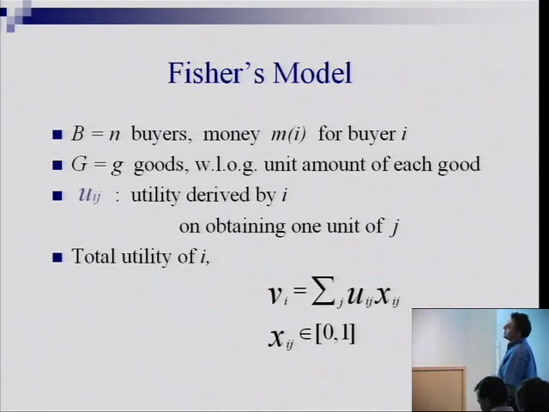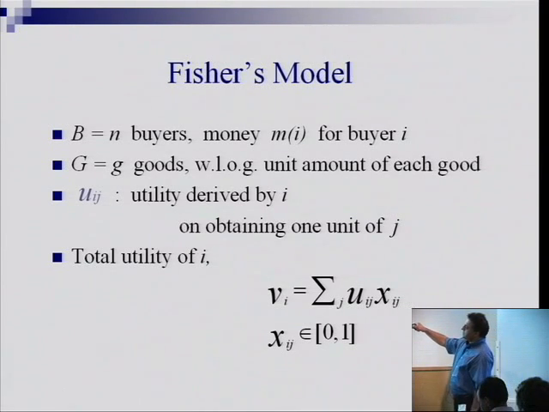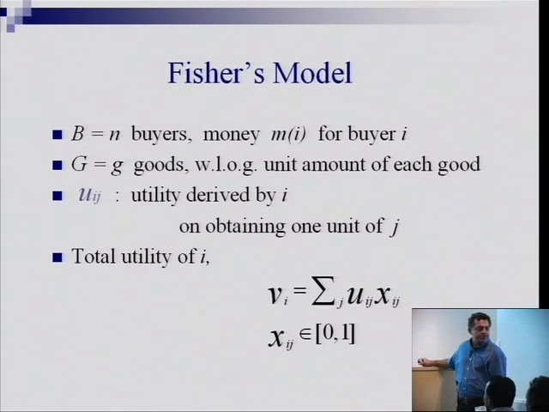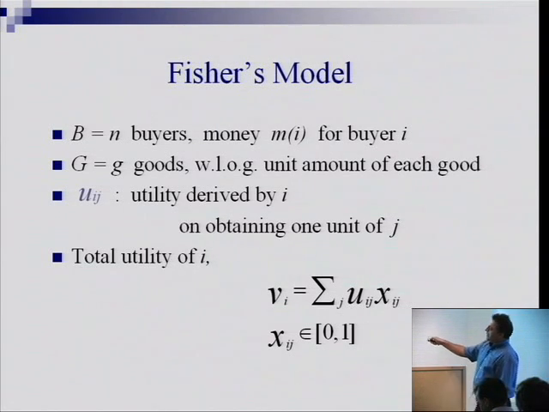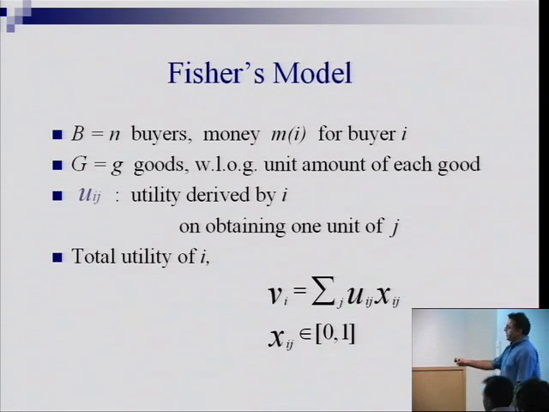So he says that suppose we have n buyers who come to the market with some money m_i each, okay? And there are g goods, and again without loss of generality, unit amount of each. And u_ij is the happiness that buyer i derives from getting 1 unit of good j. So her total happiness is this linear function of the allocations. And the big question is,